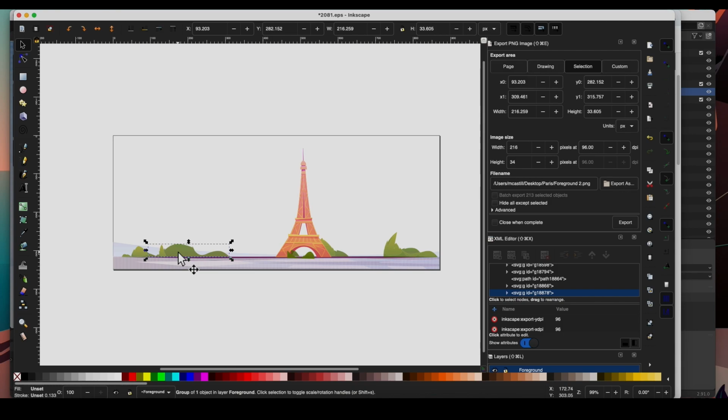And you can't import any blending modes. For example, if this blending mode is at a multiply or add or any of this, it won't import that, and it'll just import the solid. It'll give it a gray solid color, and it won't import gradients, strokes, blending modes, or transparencies.